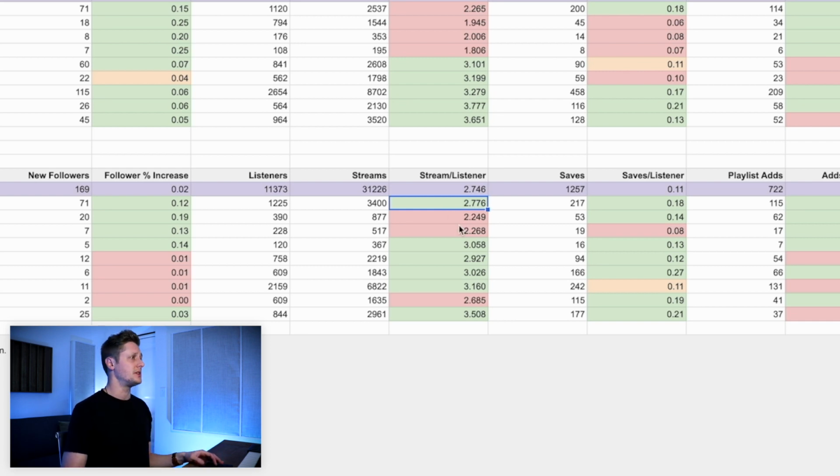And lastly, you can see that the streams per listener have increased dramatically in the United States, which is really good. That means people are sticking around. In Australia, still trying to catch up in the UK and Canada, but it is better than it was before by a pretty significant difference. And our saves per listener is much better in these English-speaking countries now than it was before. In the US, actually, it's exactly the same.